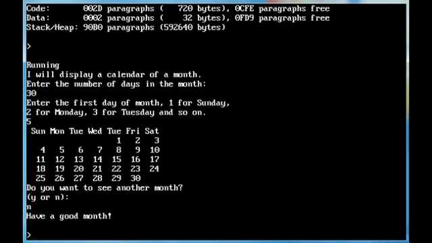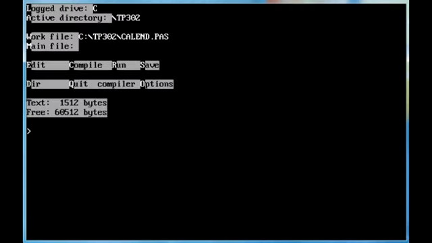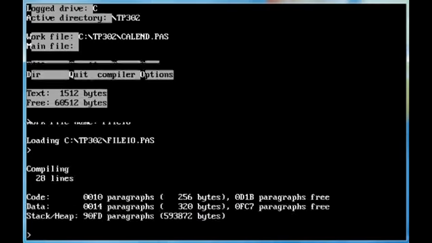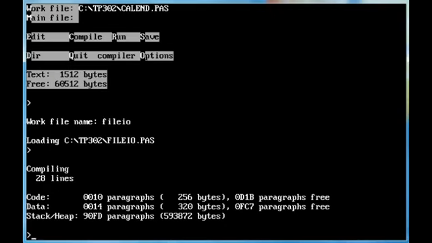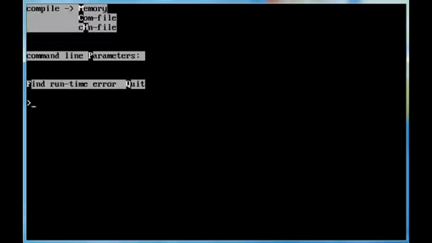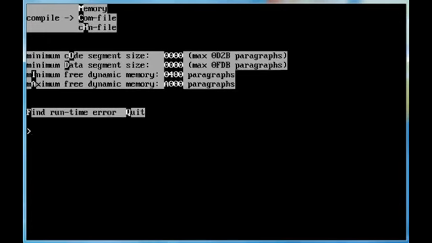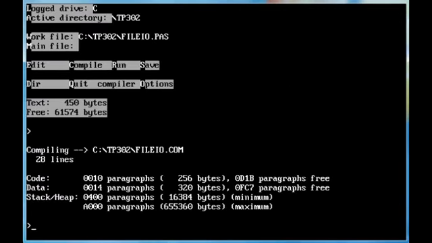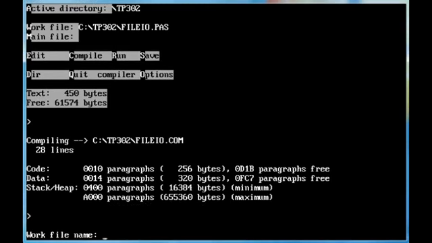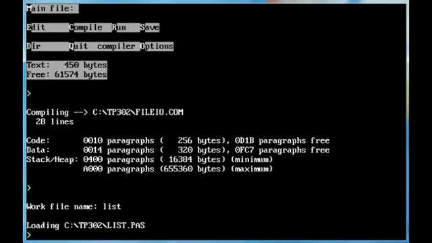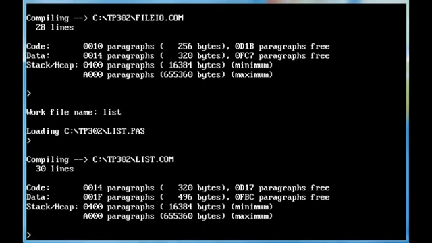Now we'll have a look at something different here. Work file, file IO, C for compile option, compile options O, C for compile, and then quit, and then say C to compile, and it makes an executable. It's ones and zeros based on the source code, and work file list, C to compile, and it does that. Q to quit,